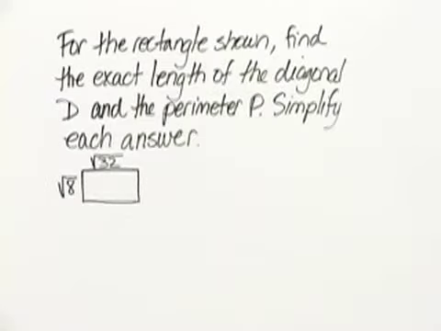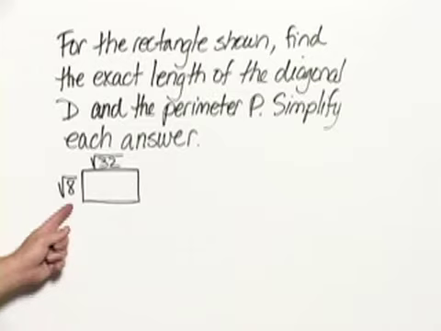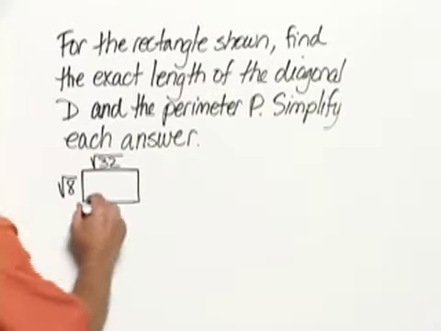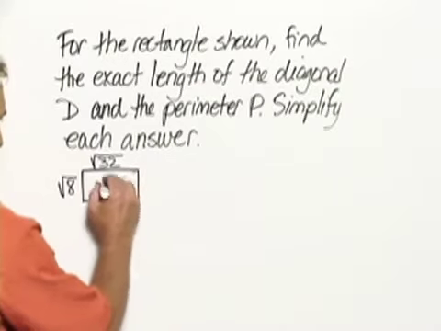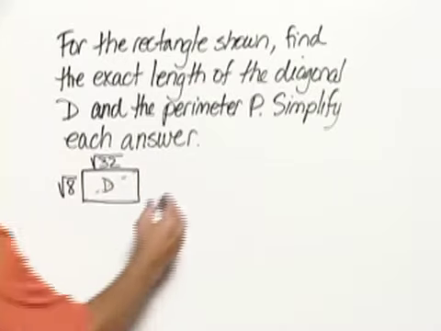For the rectangle shown, find the exact length of the diagonal D and the perimeter P. Simplify each answer. And we have a rectangle with a width of the square root of 8 and a length of the square root of 32. The diagonal D would be D